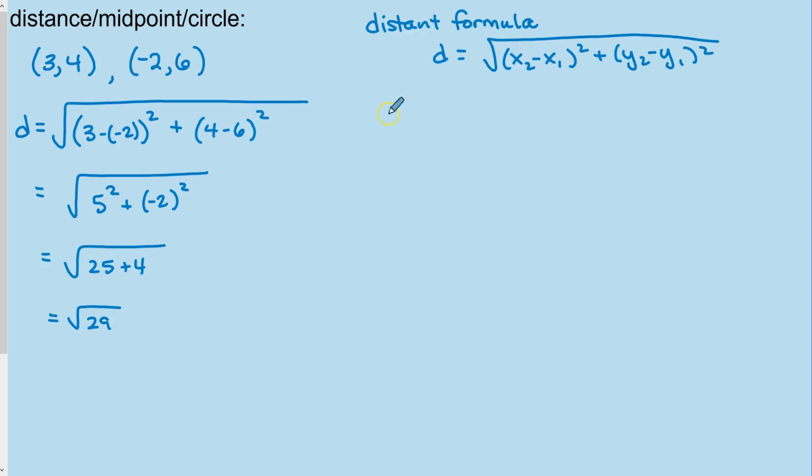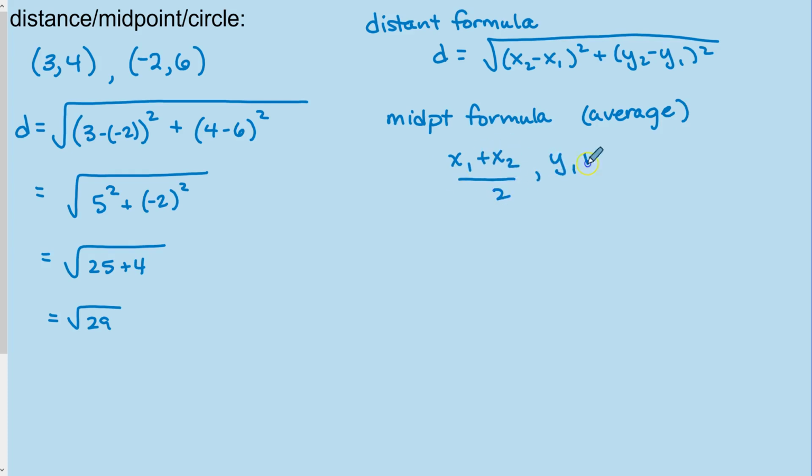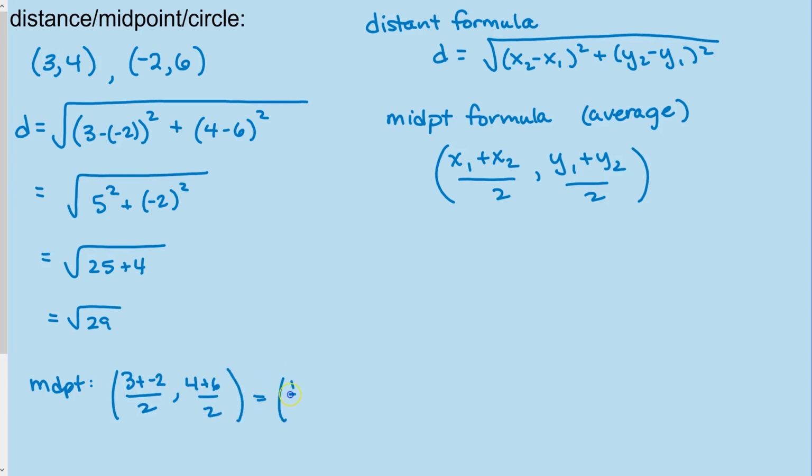How about the midpoint formula? Let's say you want to find the point that's halfway between those. To find something that's halfway between, you average. So you average the x coordinates and you average the y coordinates. To average x coordinates, you add them together and divide by 2. And to average y coordinates, you add them together and divide by 2. So if we're finding the midpoint of these 2 points, add the x coordinates and divide by 2, add the y coordinates and divide by 2, and we end up with (1/2, 5). Okay,